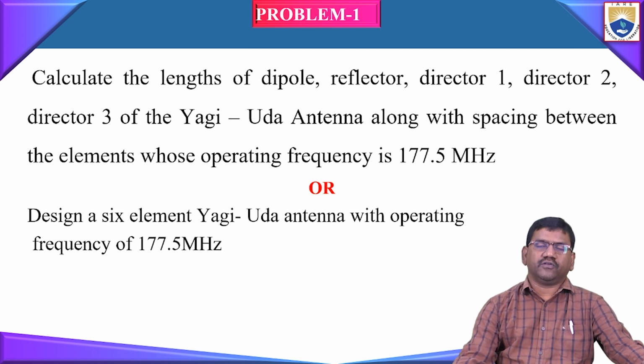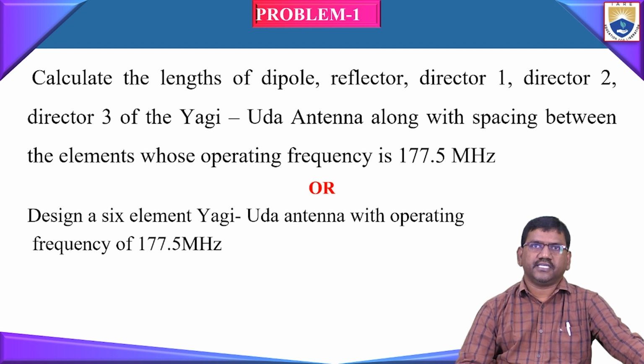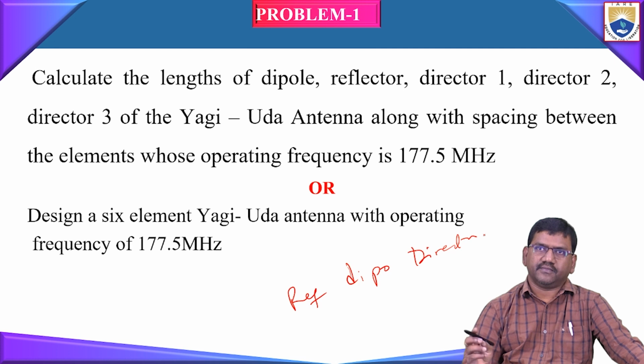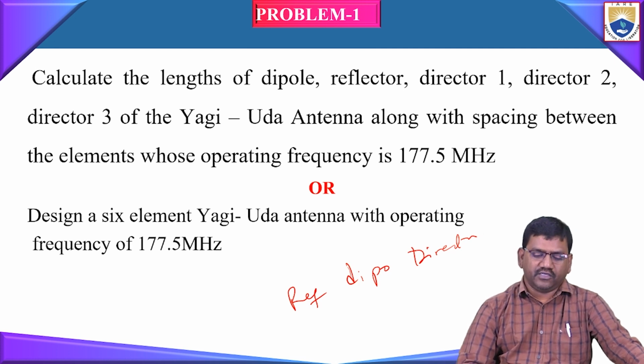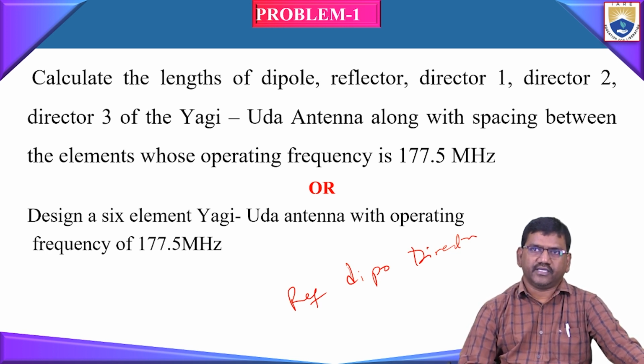Before discussing the Yagi-Uda antenna, we know that to design a Yagi-Uda antenna we need three basic elements: one is the dipole antenna, the other one is the reflector, and the others are directors. This is the basic design of a Yagi-Uda antenna. To design it, we need to know the length of the dipole, the length of the reflector, and the length of the directors. A minimum of 2 directors and a maximum of 40 directors can be placed